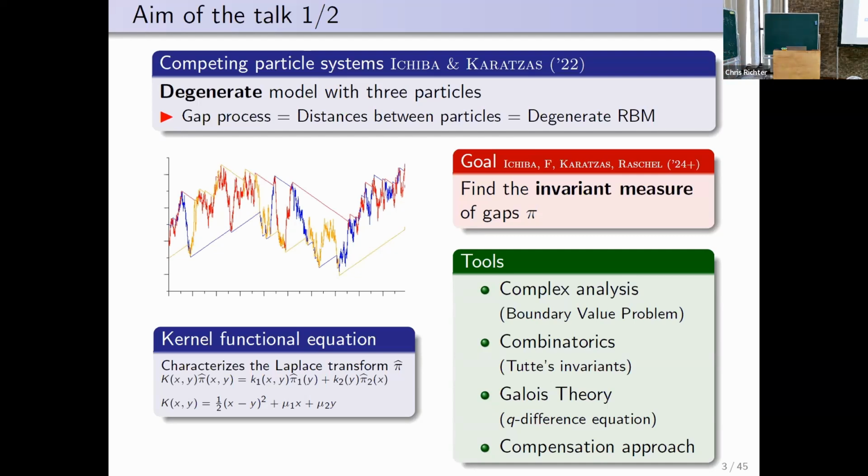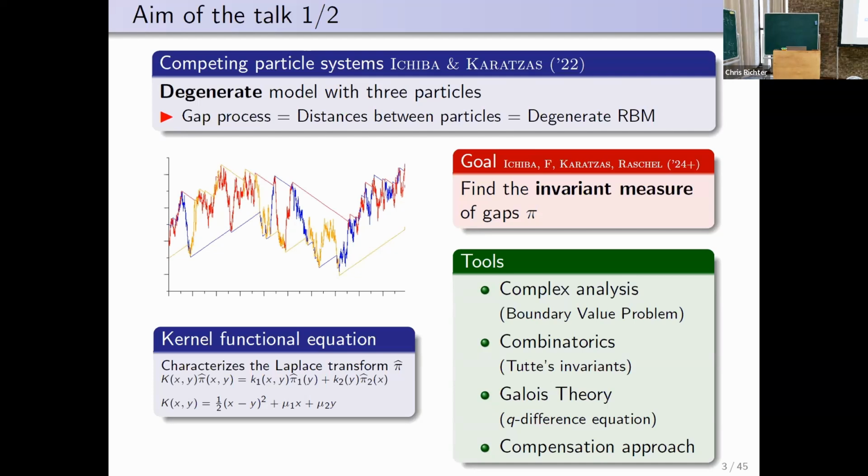To do so, I will have some functional equation that I have written here. And the kernel of this functional equation will be here. And you see the degeneracy comes from the (x minus y) squared. This is the degeneracy. And I will have some tools to study it, some complex analysis with boundary value problems,